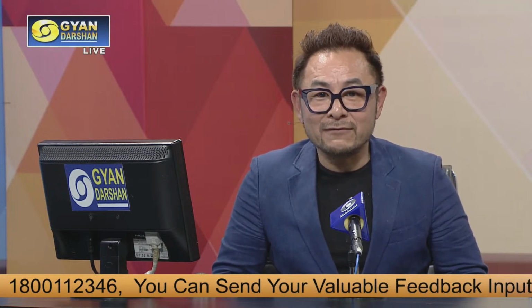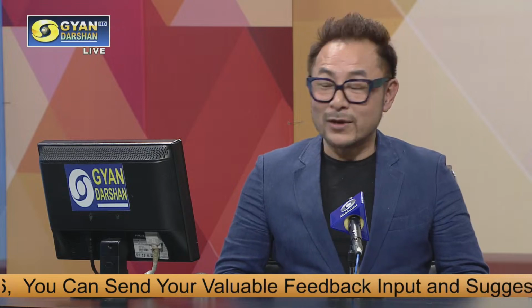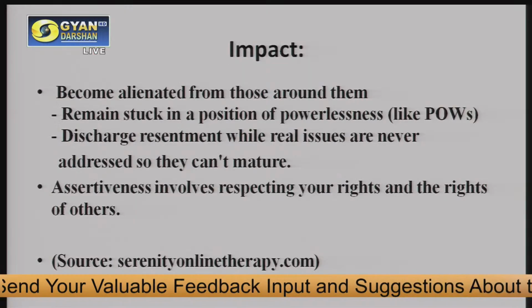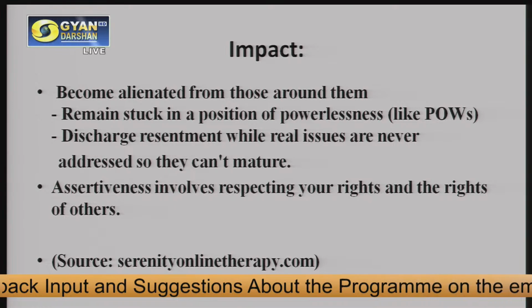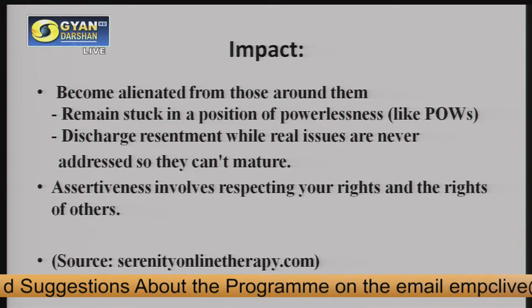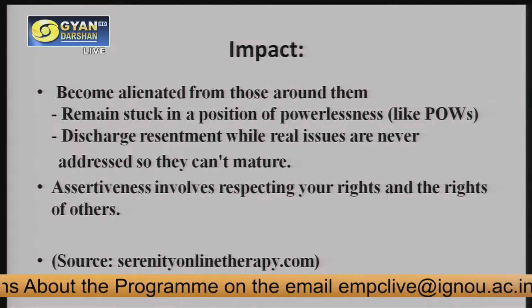Because to grow, you have to admit yourself, to be conscious of your own self, and then accordingly you can rectify. But when you don't do that, you cannot rectify. And when you cannot rectify, you cannot grow, you cannot be mature as well.